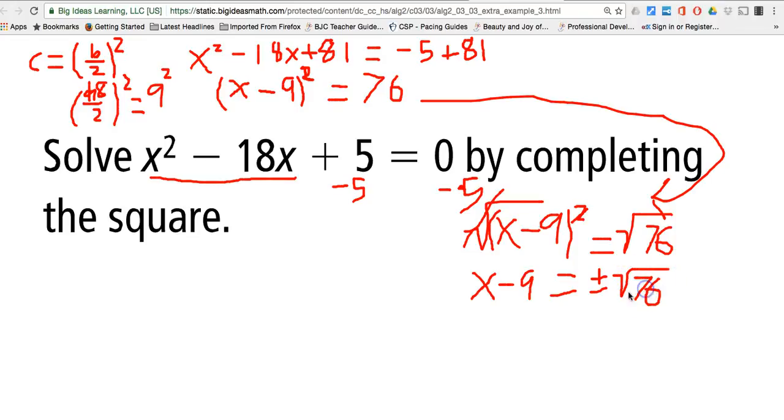Okay, now you need to go ahead and simplify this radical right here. That's something we did last time, so I'll let you go back and review one of the other videos if you forgot how to simplify a radical. But what we need to do is get x by itself. So we need to add 9 to both sides. So x ends up being 9 plus or minus